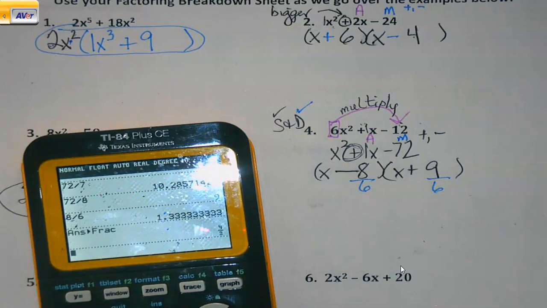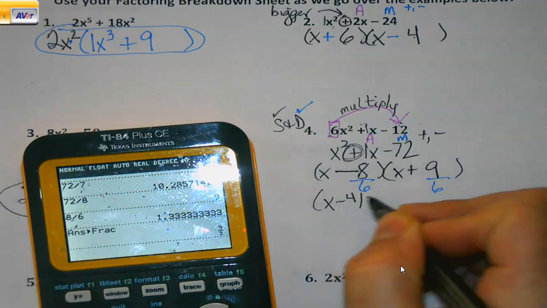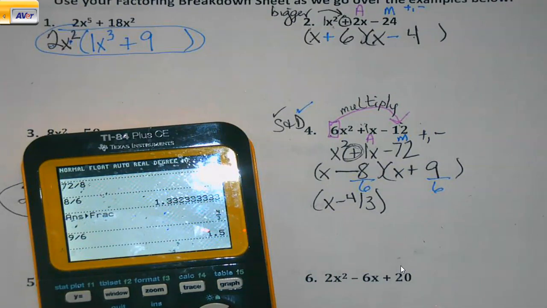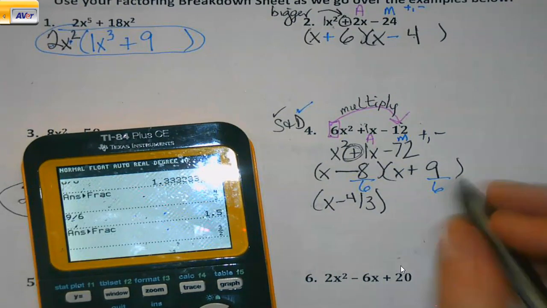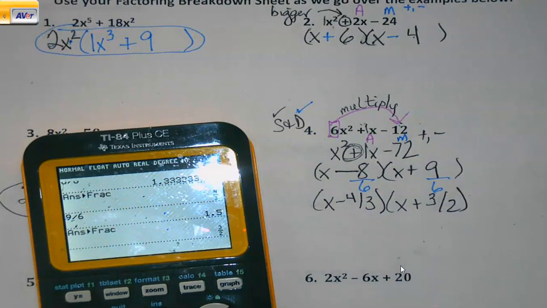Math, enter, enter. We're still going to reduce the fraction if we can. We'll do the same thing with 9 divided by 6. It doesn't come out nice, but it does reduce. And if there's still fractions at the end, and in this case that's both of our values,